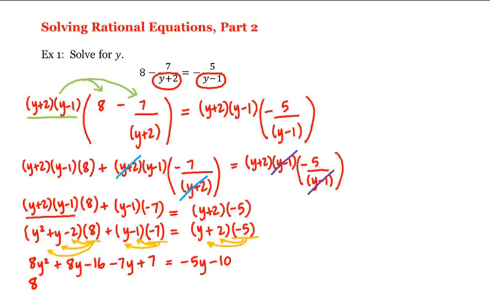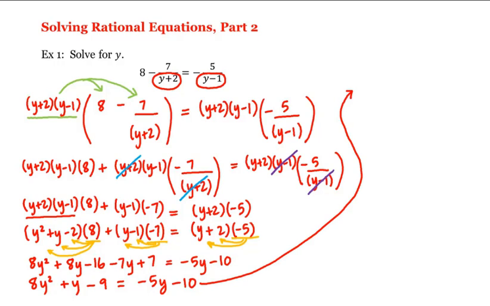And combining like terms on the left gives us 8y squared plus y minus 9 is equal to −5y minus 10. And now let's bring everything to the left-hand side, which gives us 8y squared plus y plus 5y is plus 6y, and then minus 9 plus 10 is plus 1, is equal to 0. And now the left-hand side factors. It factors into (4y + 1) times (2y + 1)